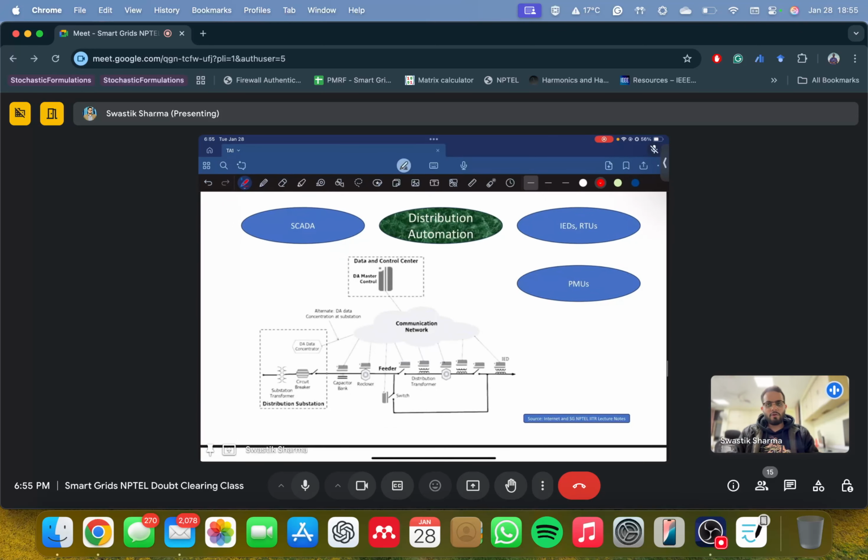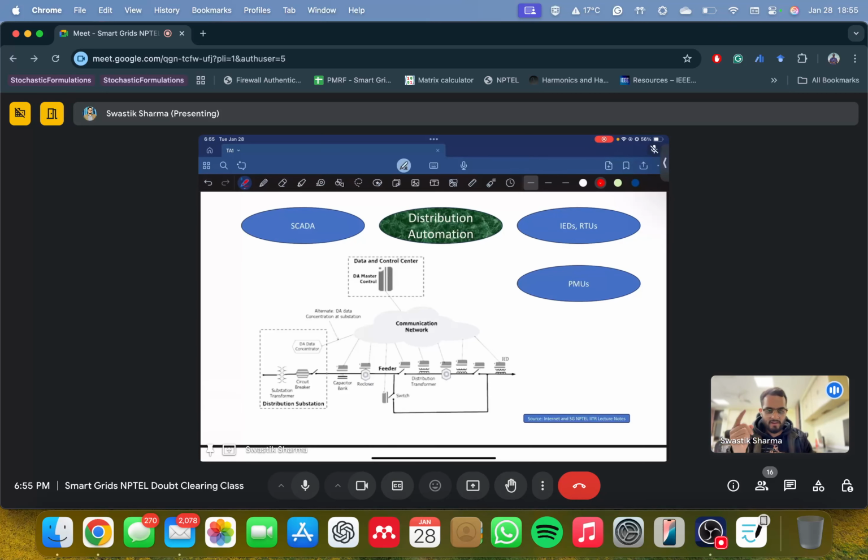The same thing is going on with the distribution system, right? Distribution systems are now getting automated. What do you mean by automation? Let's say renewable energy resources are increasing, right? Your solar arrays are coming, you have distributed generation and stuff like that. Now you want to automate your already present systems. For example, you have a switch connected to a feeder. You want to automate that, right? You don't want to have to be there and plug in and plug out. So distribution system automation takes care of that by using three central things.